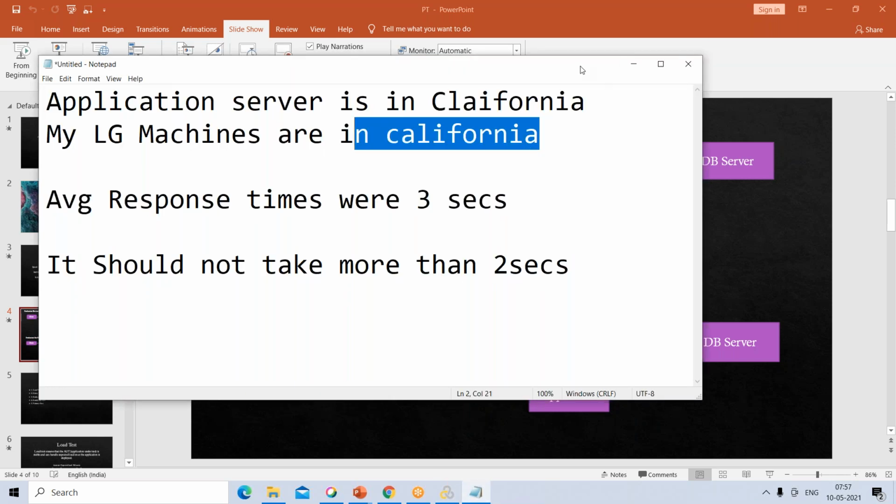Got it. Let's assume it is an application in the USA, and that application is not available outside the USA. It's restricted only to the USA, and only people of the USA are accessing it. In the USA there are different states. Let's say my data center is in California.